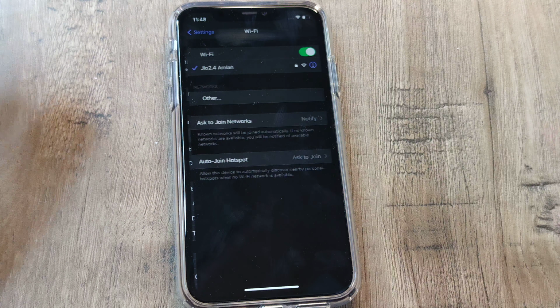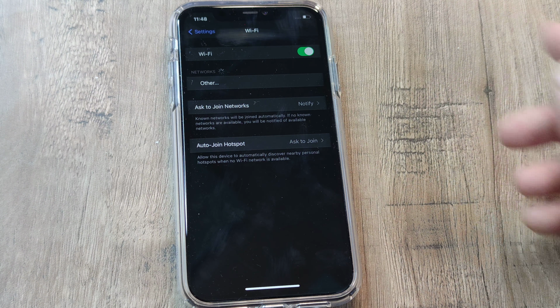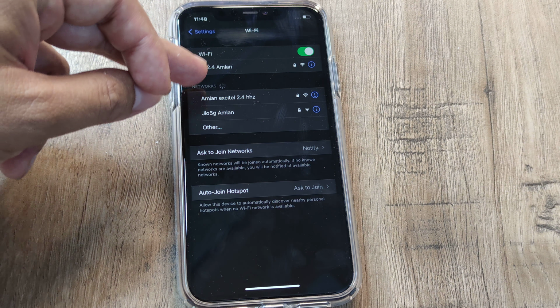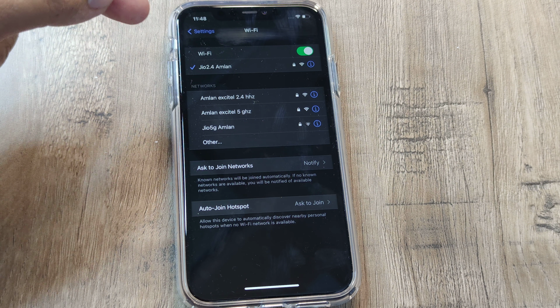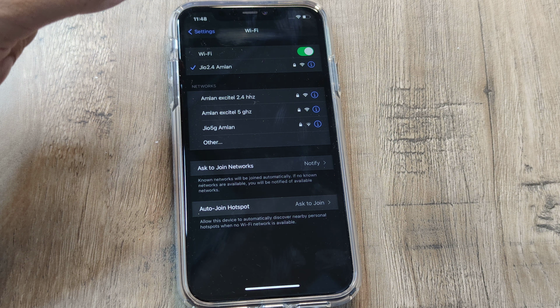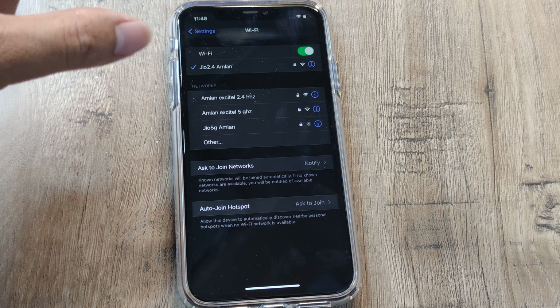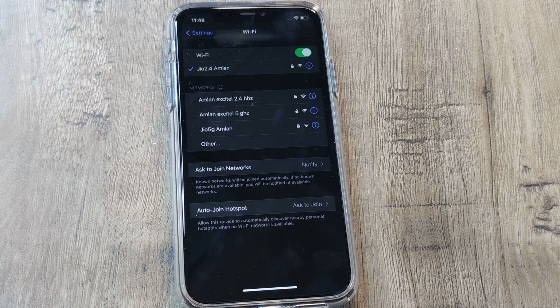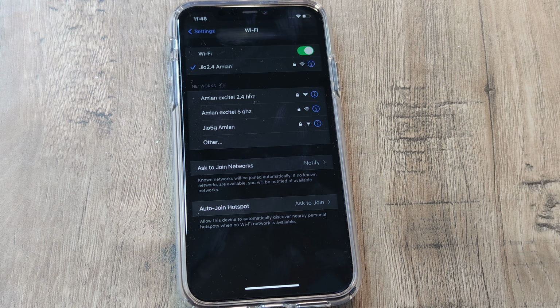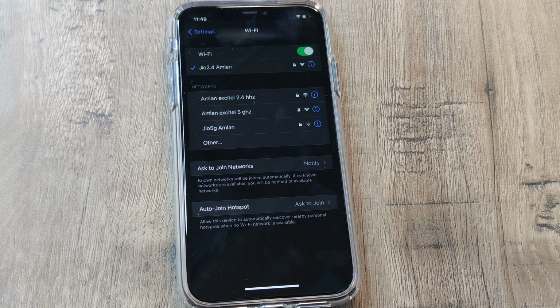And I will just recap. The first thing that I suggested and the most powerful method is just deactivating Wi-Fi and reactivating it. Then connecting perhaps to a different Wi-Fi network just to check whether other Wi-Fi networks work more effectively. Forgetting the network and trying to reconnect to it. Heading towards the network settings and resetting the network settings and then rebooting the phone. I know that this is a fast-paced tutorial, but hopefully doing the steps will get you back to your steady Wi-Fi connections on your iPhone.